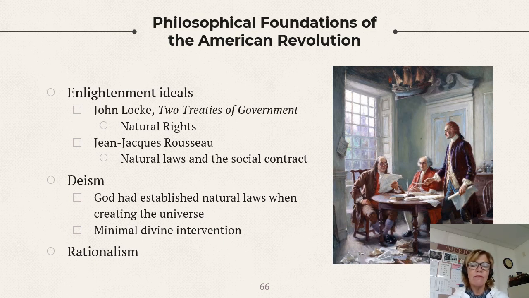There's the age of reason, and people trying to work things out. So because of this, our founding fathers, such as the ones in the painting to the right, John Adams, Benjamin Franklin, and Thomas Jefferson, had read the works of people like John Locke, Two Treatises of Government, talking about natural rights, and Jean-Jacques Rousseau, who kind of echoed those same sentiments as many people did during that time. They believed that the people should be governed to protect their natural rights, and that you had certain rights.